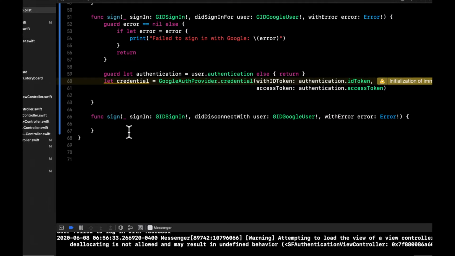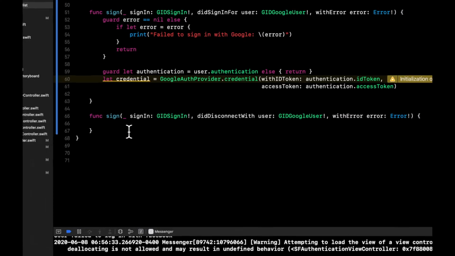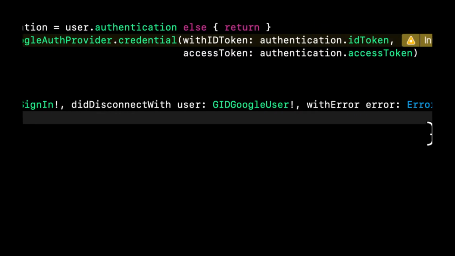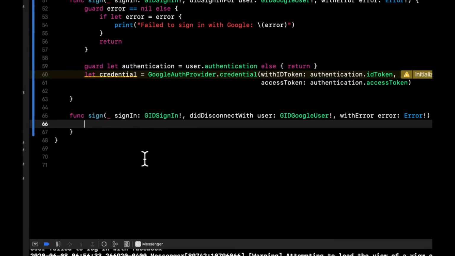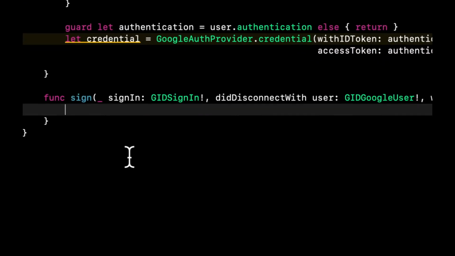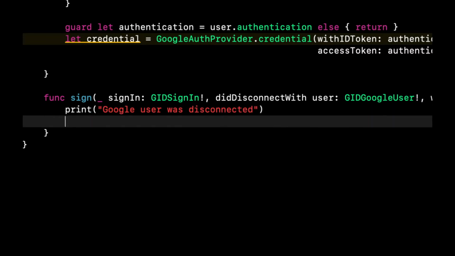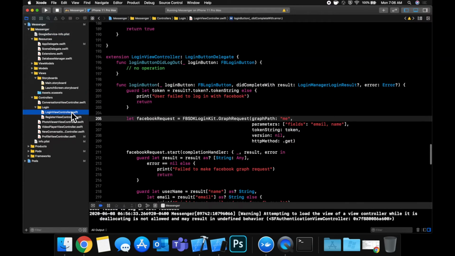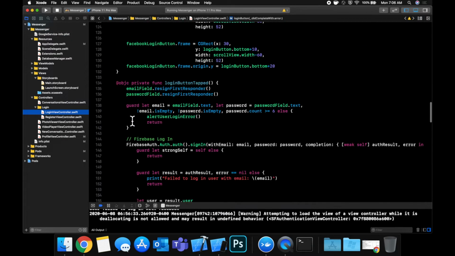And now, actually rather, before we go to our controller, let's also implement this function, which is didDisconnectWith user, which gets called when I believe the user logs out. So we're just going to print in here, Google user was disconnected. So now let's go to that login view controller we had, where we're going to place that Google sign-in